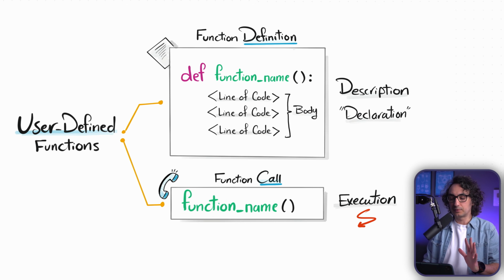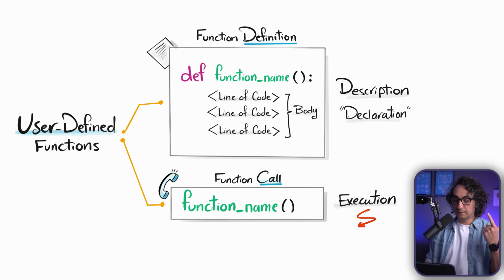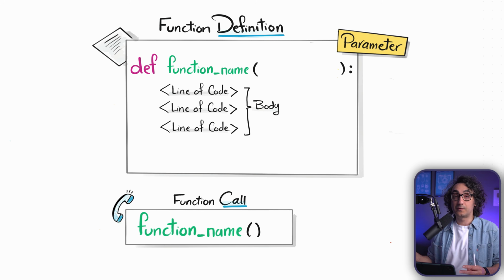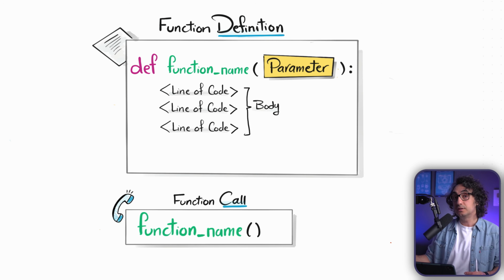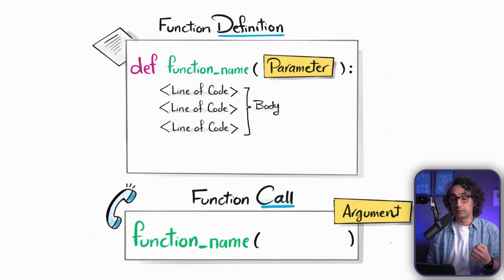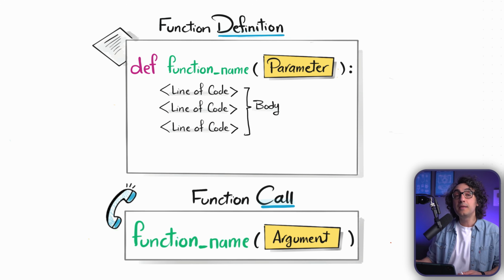Okay, so first let's talk about the syntax. As we learned before, if you want to build a function, you need two blocks: the function definition and the function call. Now we're going to extend it in order to accept data in. Between the parentheses, we're going to put the parameter name. That means in the function definition, we define the parameters. So this is where it goes. Now in the function call, we put something else. We call it an argument. We're going to put an argument value in the function call.